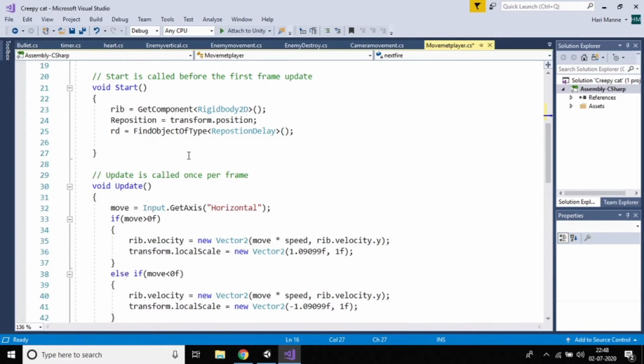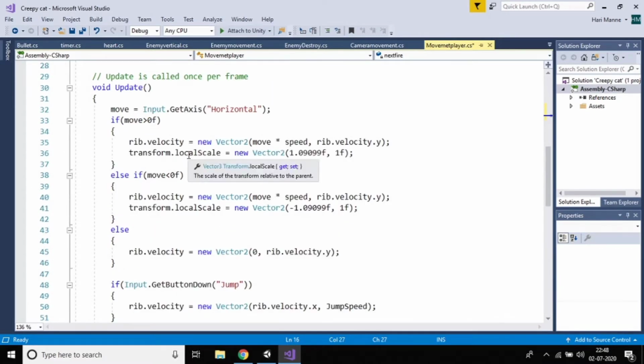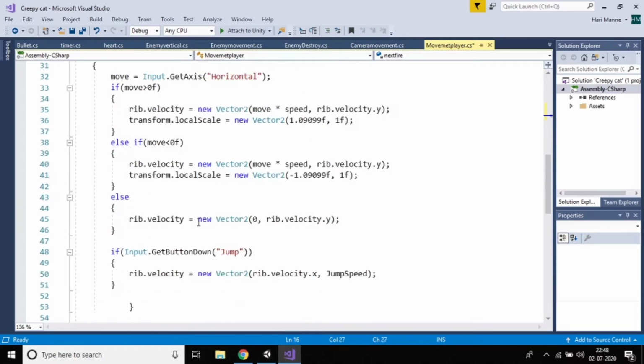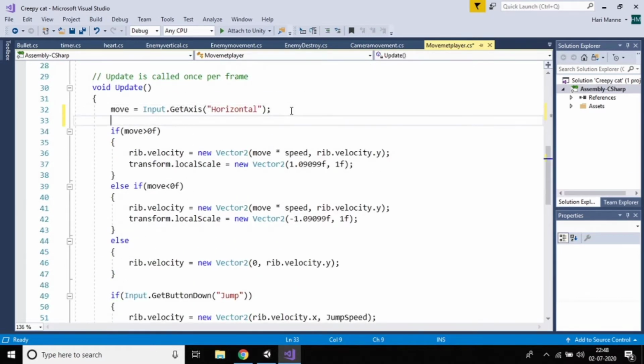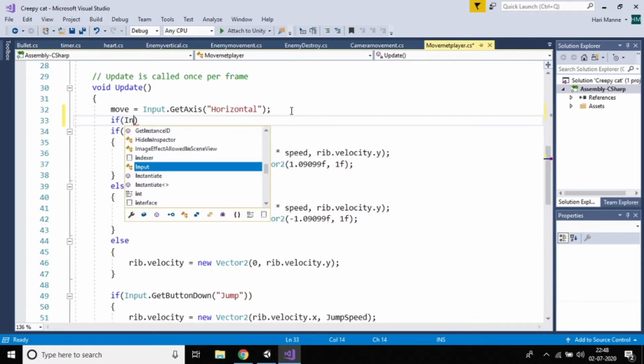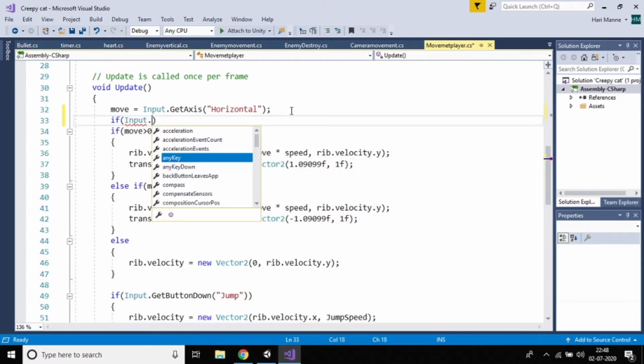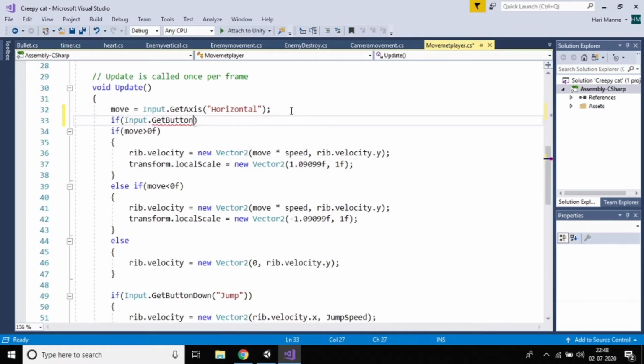Now just go to the code and write void Update. Here we have to write: if Input.GetButton. Why am I taking GetButton?